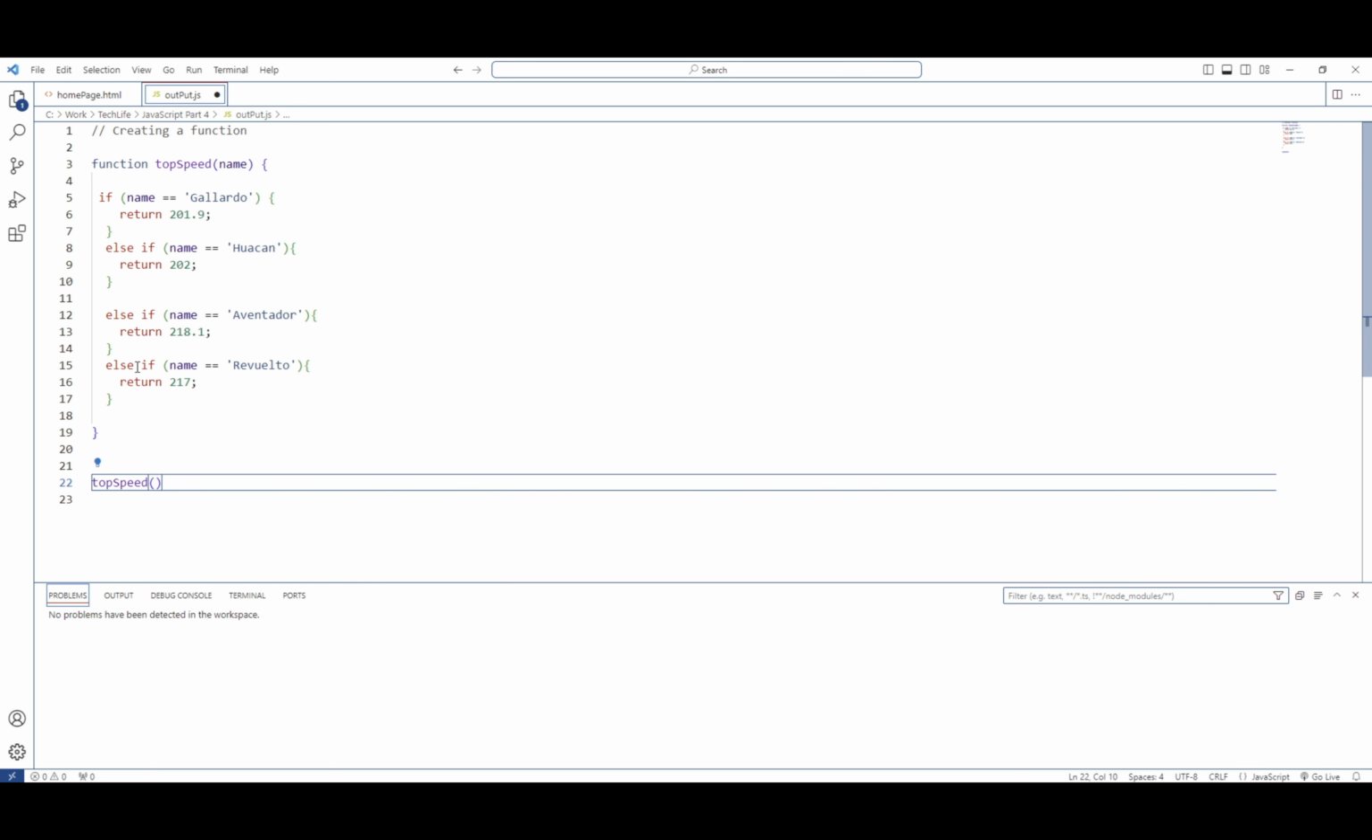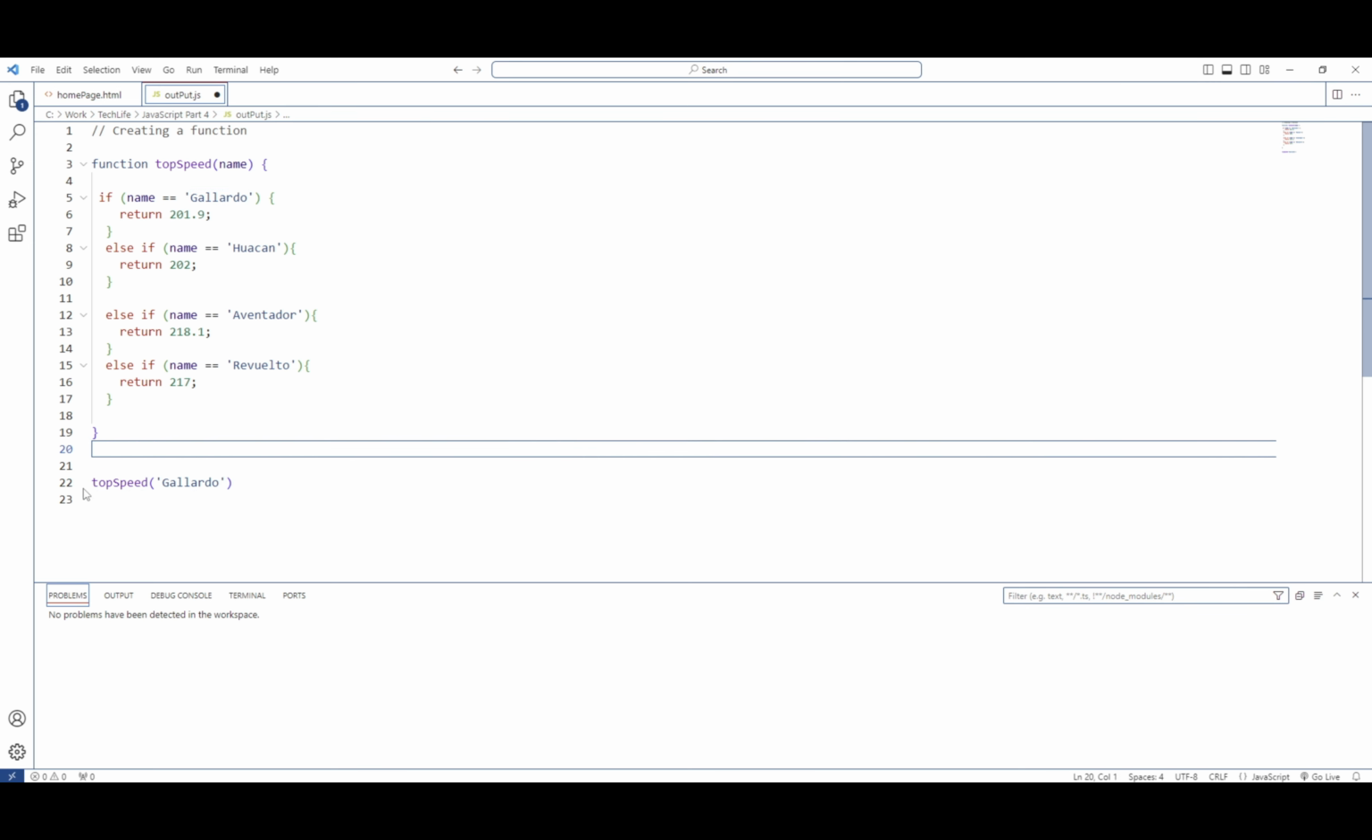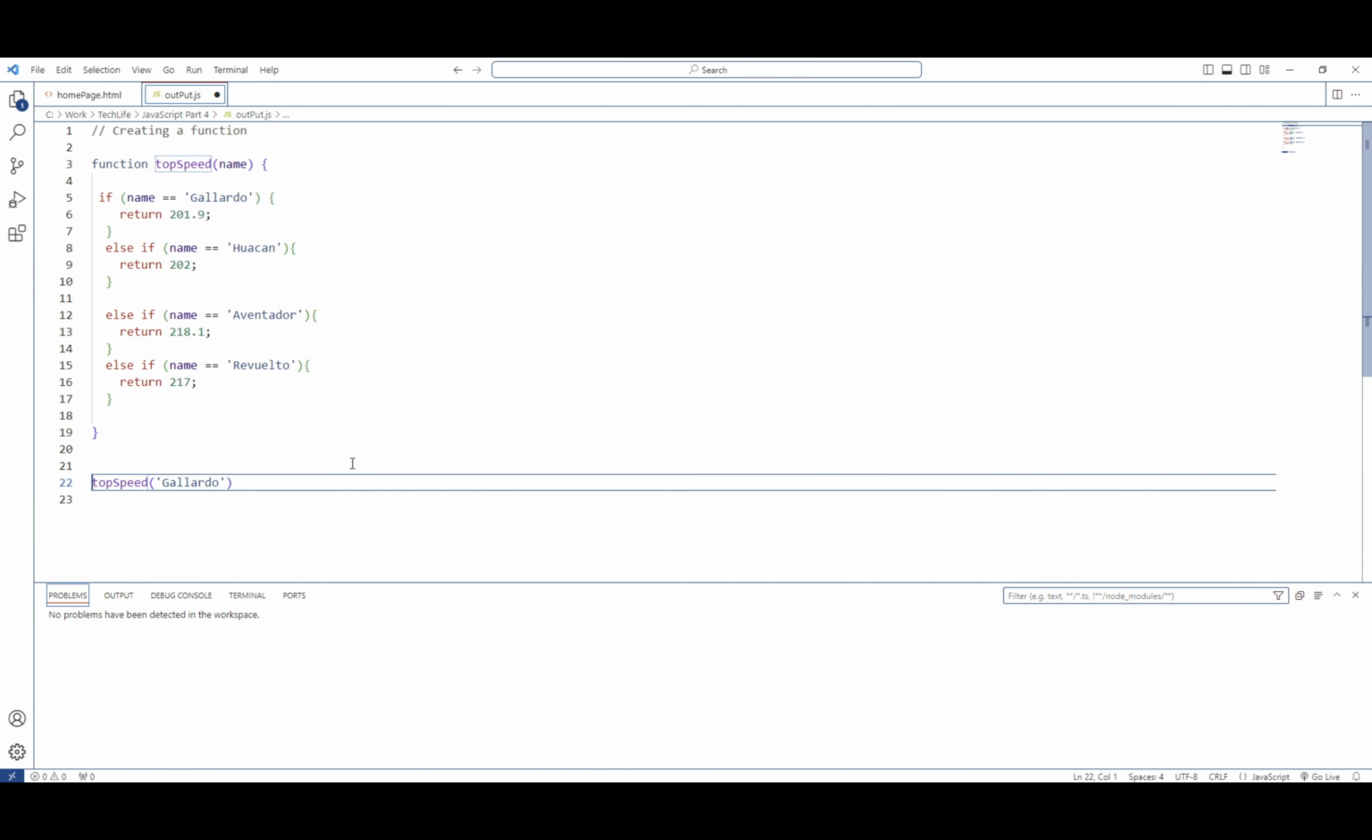So we can call this function by using its name, and we pass in a value. Let's pass in Gallardo. But what we want here is for this output, okay, let me show you how to do this in two different ways. So first, one way to do this is, because we know top speed is going to return something, but we want to be able to use that value, so we need to assign that value to a variable. So we can do something like let